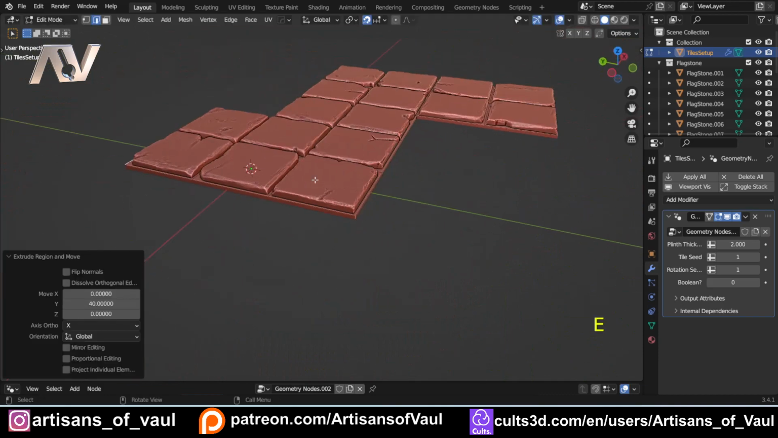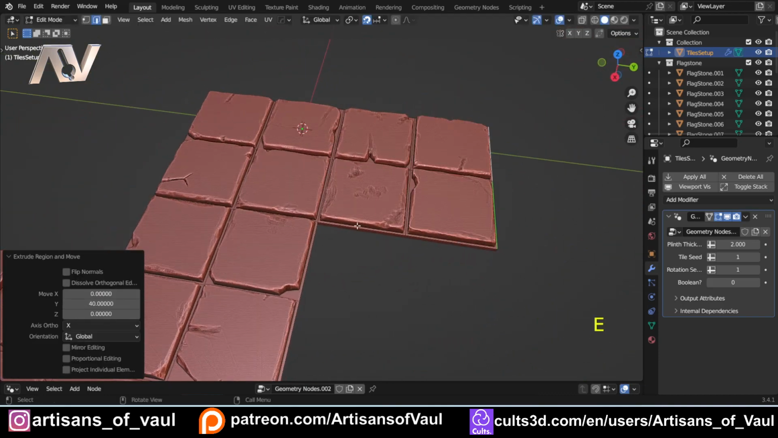Just extrude it out, and then it's going to create a new tile each time, and we can 3D print